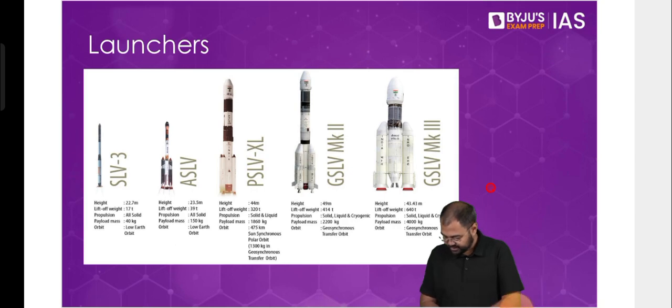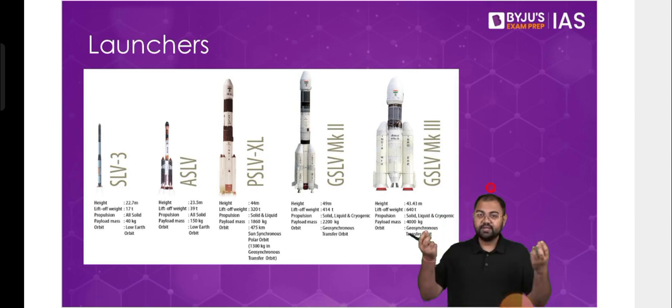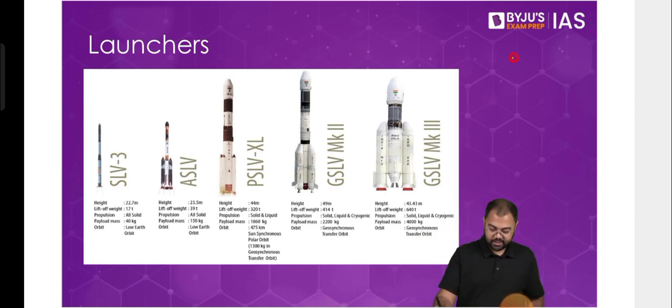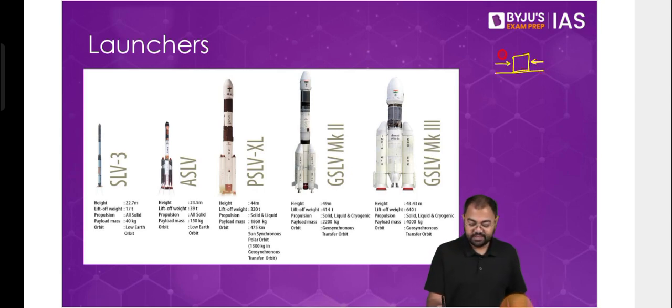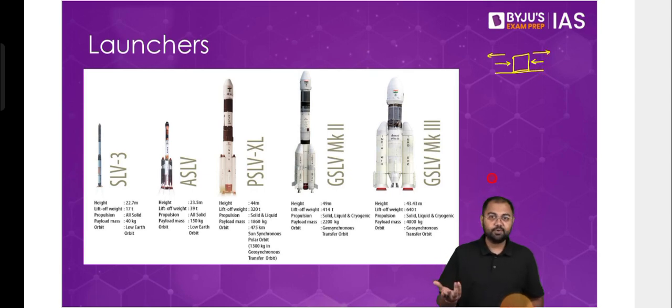Why doesn't a satellite revolve when placed at these points? That's what I told you, because of the forces. Just take that particular example that we had taken. Let's say you have a box and the forces from both the sides are equal. The pull from both the sides is equal, or the push from both the sides is equal. Then in that case, the box will not move. Same is happening here.